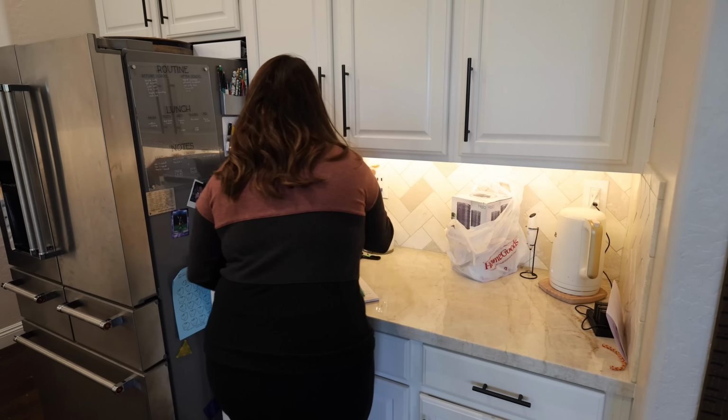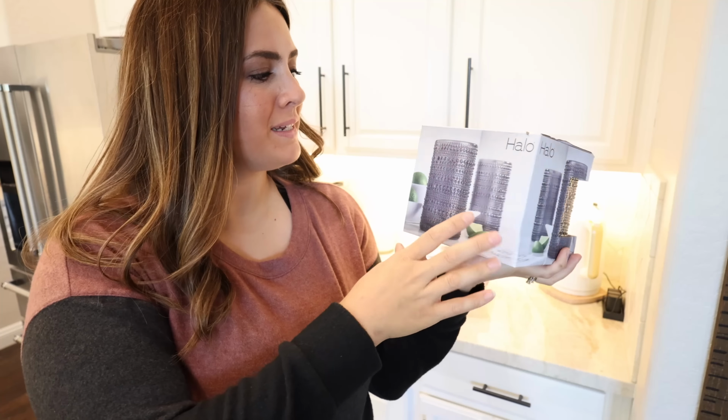I got these from TJ Maxx the other day. It was just $10 for a pack of 4. They're like those, I think hobnail is what they're called. I have been wanting these for so long, these glasses. I've been kind of thinking about changing out our mason jars a little bit, but every time I see them,